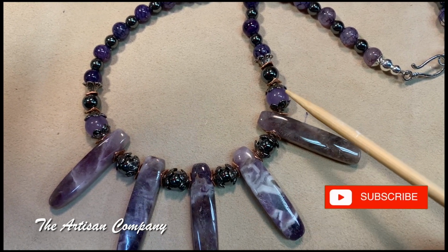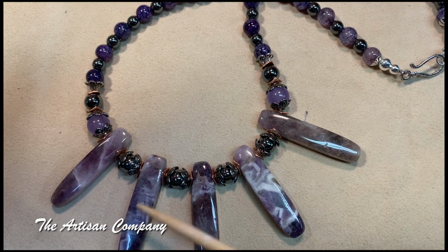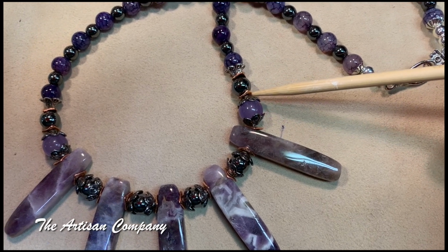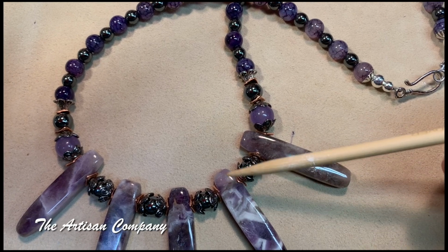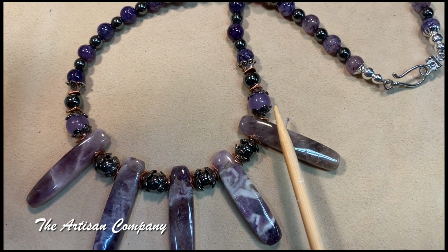And then I came up on each side here with another piece of quartz that is a purple color, almost an amethyst color. And this piece is, these are amethyst, okay? So I flanked that. I brought that little sliver of copper up a little bit, and also the bead caps up just a little bit to give the heaviness of this part a chance to work itself out